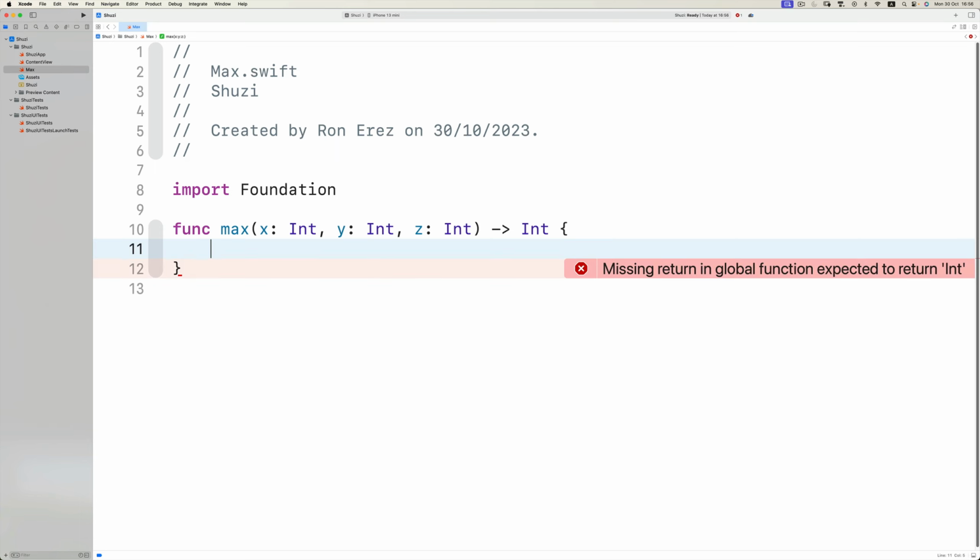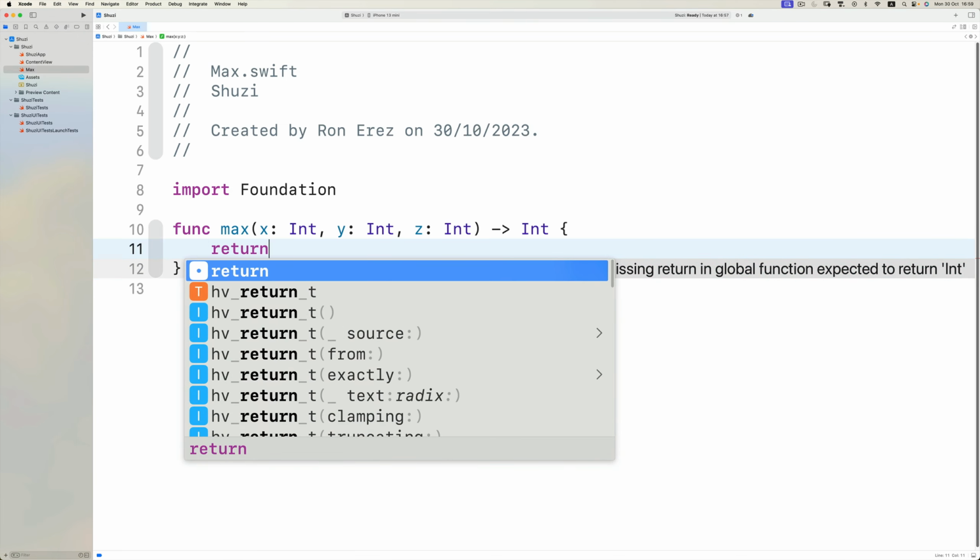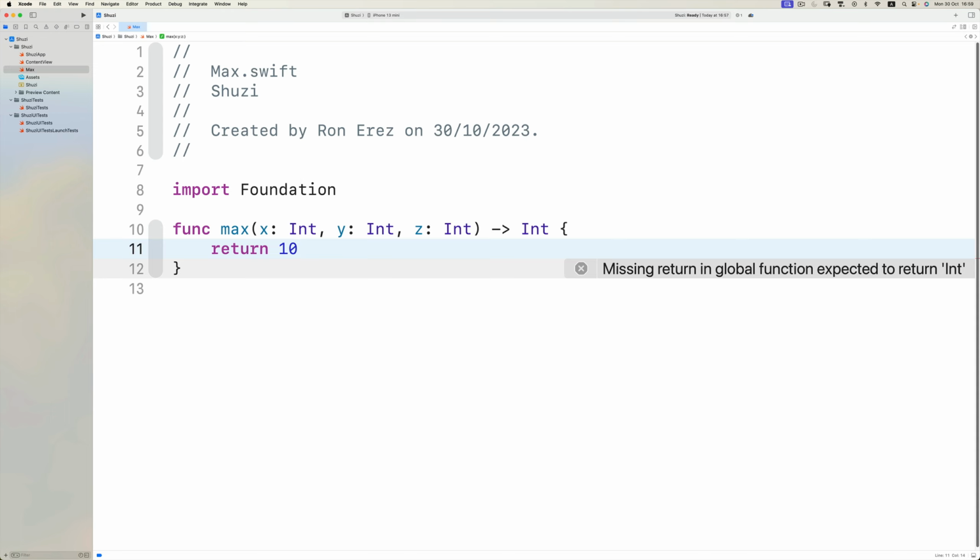Okay? Now, this could be a simple solution, a difficult solution. We can try to do many different solutions for this. And let's just return the number 10. This is a very poor solution, right? Because let's think of some examples that we could have,